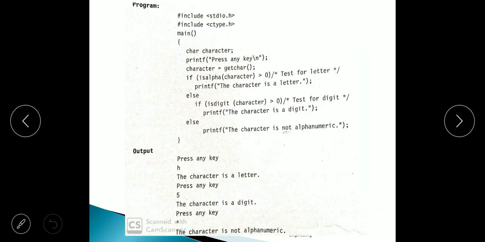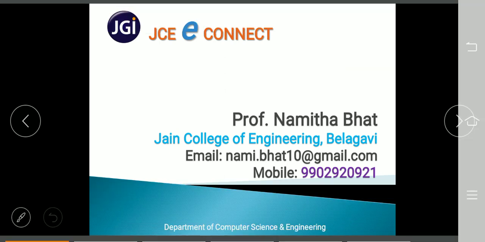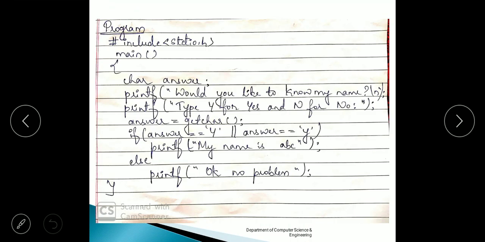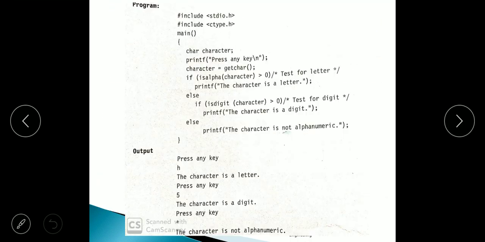Let's consider an example for this. #include <stdio.h>, because we are using the printf statement here, and #include <ctype.h> because we are using the isalpha and isdigit functions.